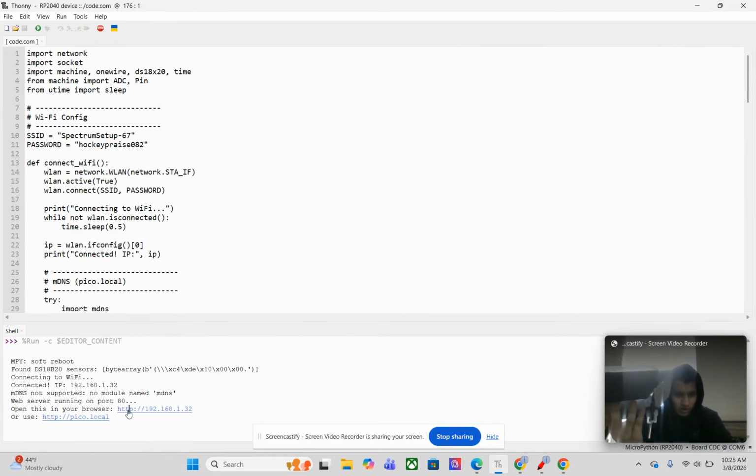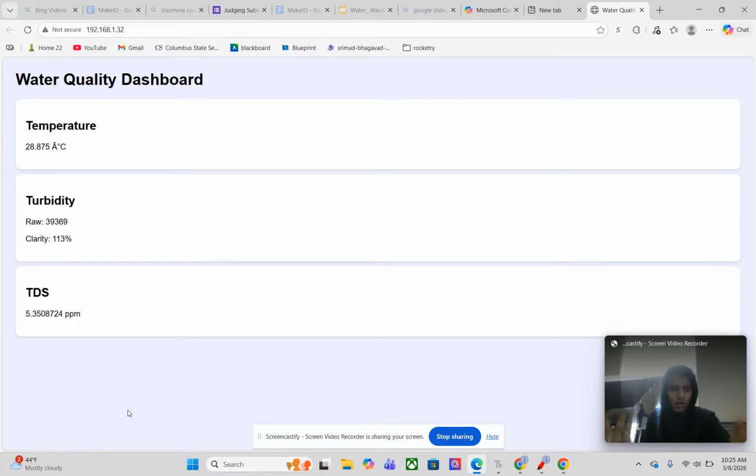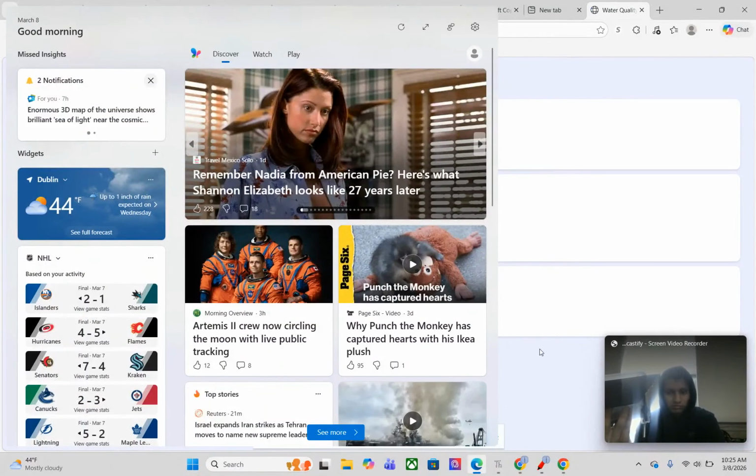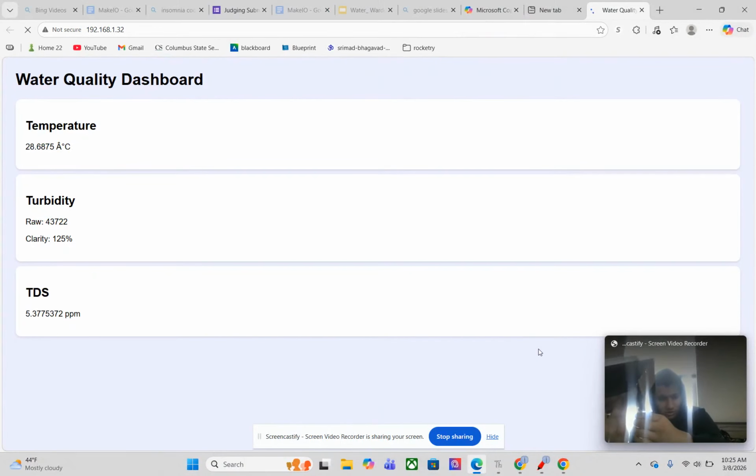And as soon as it connects, you can click on the thing, and we have readings for temperature, turbidity, and the parts per million in the water. And if I hold the temperature sensor and increase the temperature as the website updates, the temperature will rise